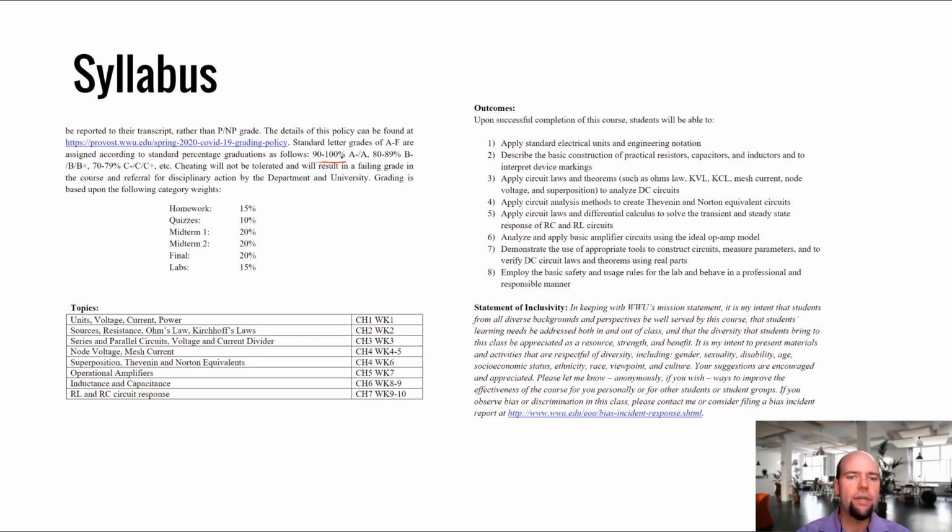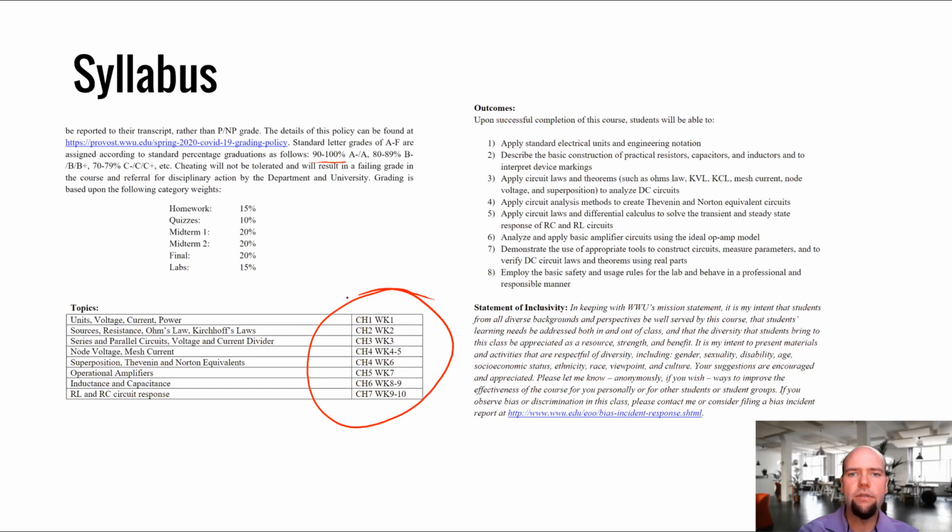We have a list of topics here, roughly scheduled by week. The first week is kind of a refresh of some things you might have seen in physics. And also we go over some little odds and ends that are things that people might not have learned yet, and things that we don't really cover formally anywhere else in the curriculum. Things like fuses, which we don't really talk about elsewhere in the curriculum, but it's not really part of the book's topic either. We'll toss some of those things into the lectures in the first couple weeks.